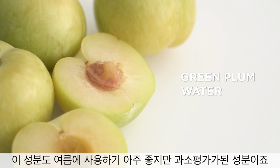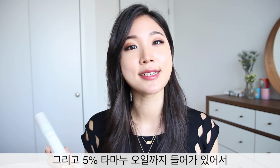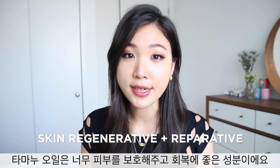This product is based on green plum water, which is a great underrated summery hydrating ingredient, and it does contain 5% of tamanu oil, which, by the way, I am not biased. Guess I am, but tamanu oil is a really great skin regenerative, reparative ingredient. So if you are in need of that restorative property in a moisturizer, this is something that you can definitely